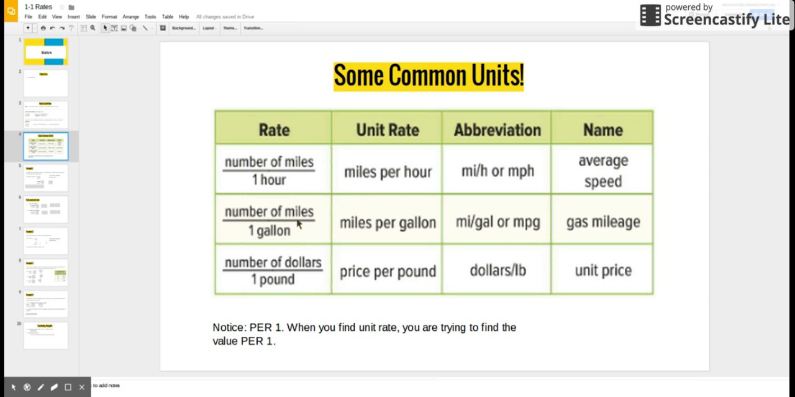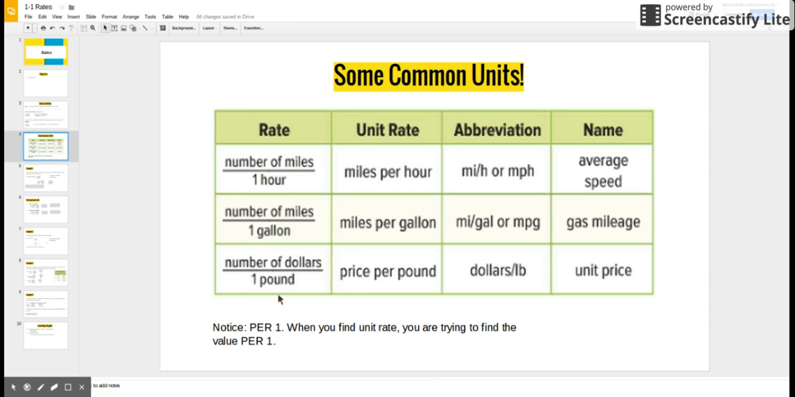You would also see number of miles per gallon, or over 1 gallon, miles per gallon. You would mostly see it like this on cars, mpg. And then it's just called the gas mileage. So when you're referring to the gas mileage in a car, this is what you would refer to, the miles